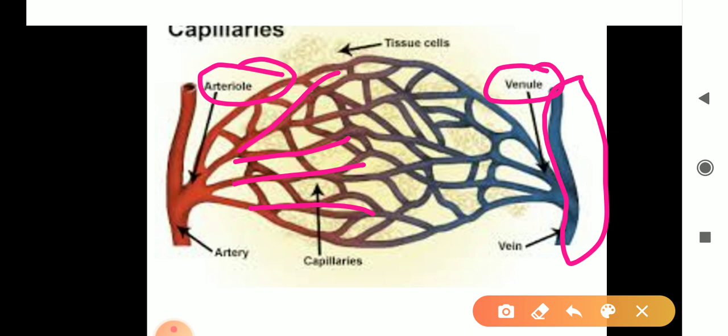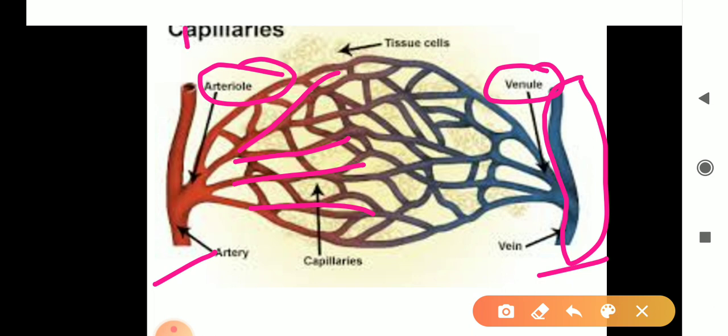Now arteries are distributary, whereas veins are collective in nature. It means the blood is pushed by the heart, which acts as a pumping machine. When the heart pumps the blood towards the body, the blood enters into the aorta, and from the aorta through the arteries it is distributed to the whole body.